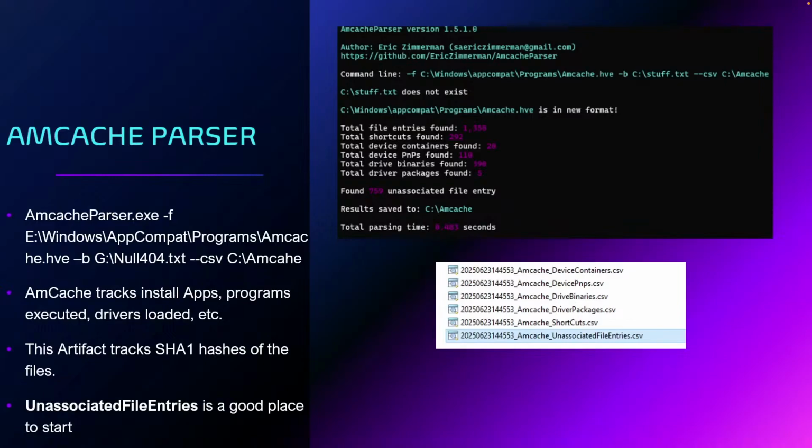All right, Amcache. I'm going to run it the same way. Amcache is considered a Hive, so we've got that .hve extension, but it's similar to Shimcache where it tracks applications, executables, and drivers. What's great about this artifact is that it tracks and keeps the SHA-1 hash. So if you run this Eric Zimmerman tool, the Amcache parser, you will see the SHA-1 hash